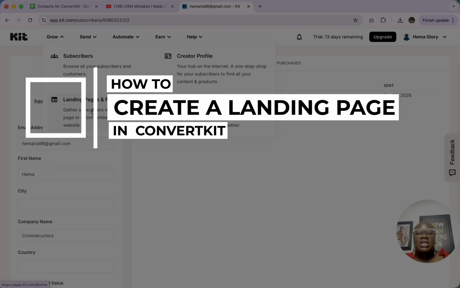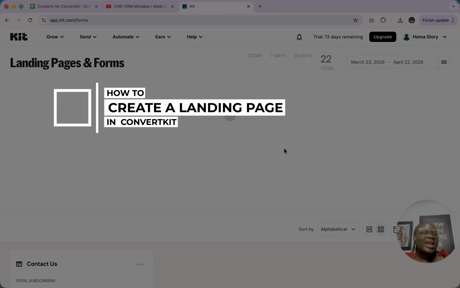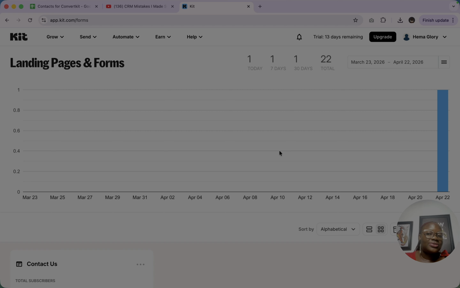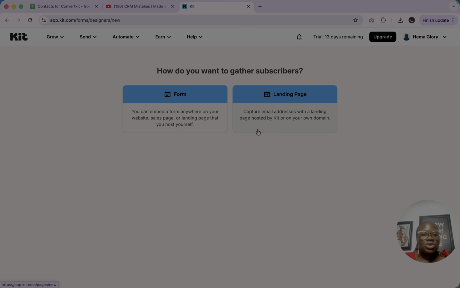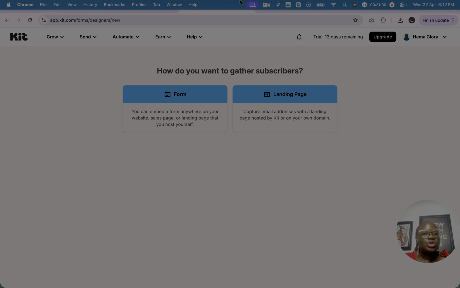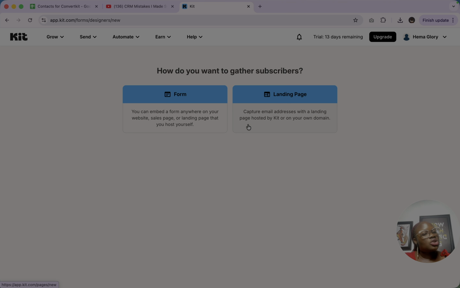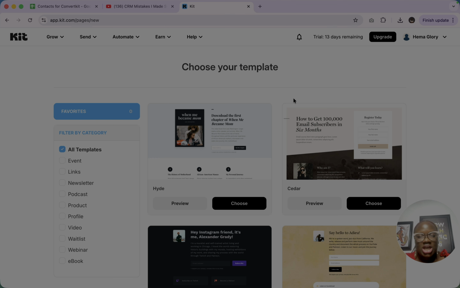Let us go back into our landing pages and form, and let's try to create a landing page from scratch. Now we can click on create new, and it's going to take us to this place where we can select whether we want to create a landing page or a form. Since we've created a form and we've seen how that is embedded, let's try to create a landing page. So you click on landing page, and when you click on landing page, it is going to take you to